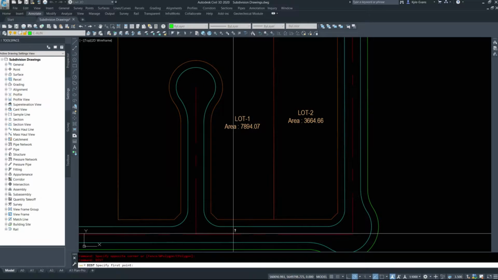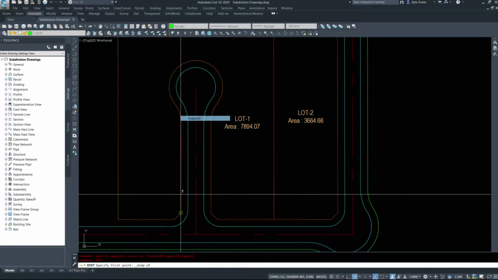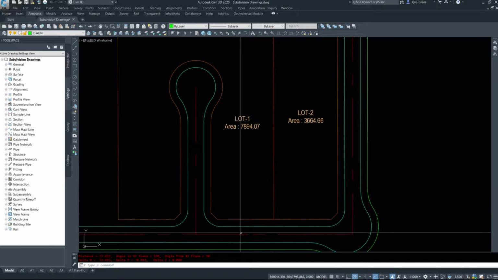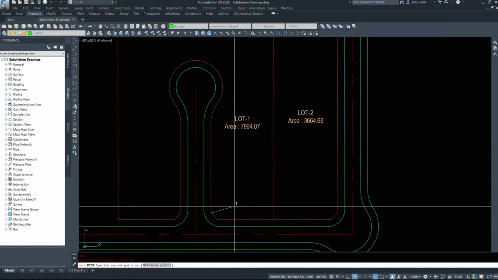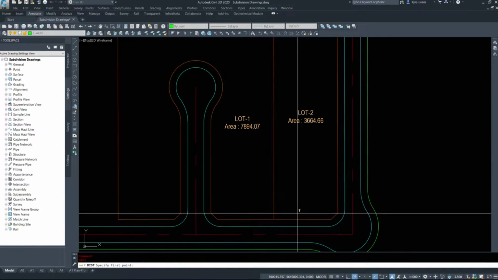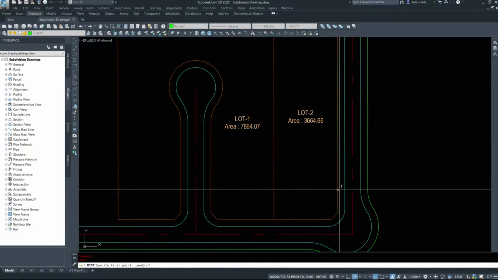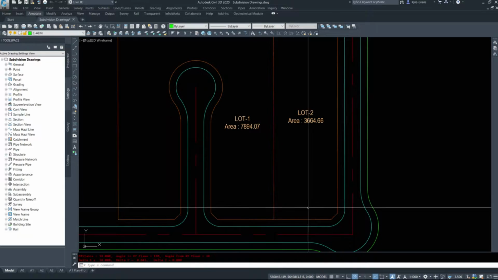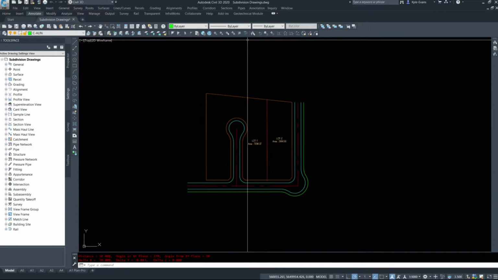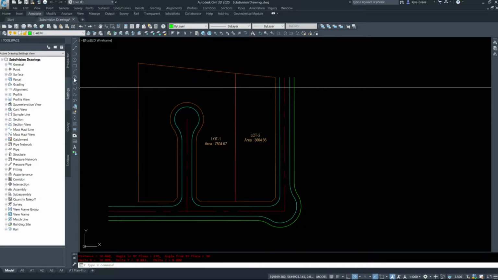We can measure some distances here and find out that my original line work is 33.4 meters there, 33.585 meters there, and I believe this one was the 34 meters exactly, yes. So now that we know these numbers, and I've already got them built into my Civil 3D, however, if you